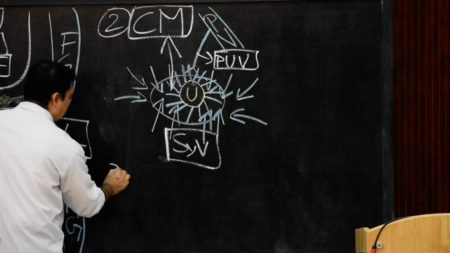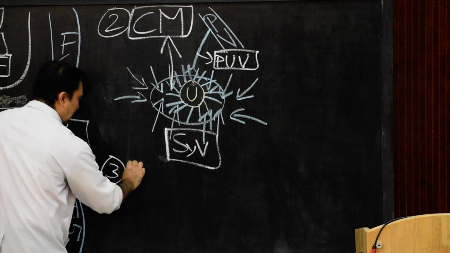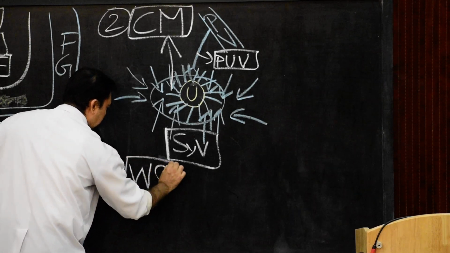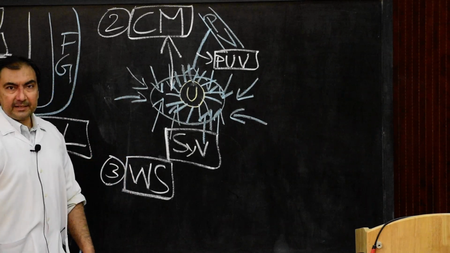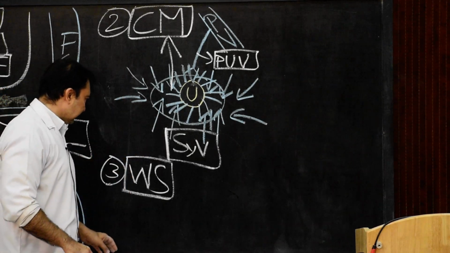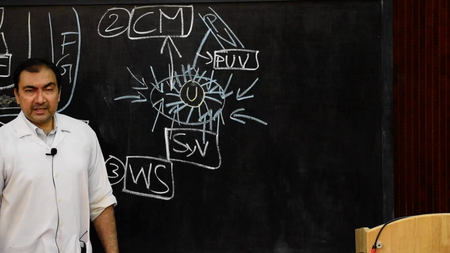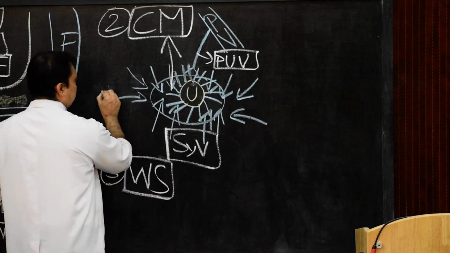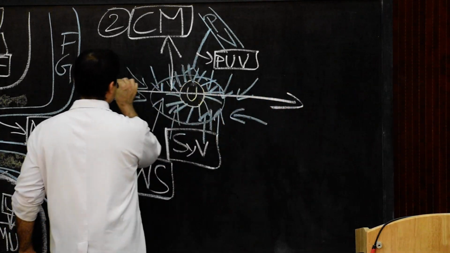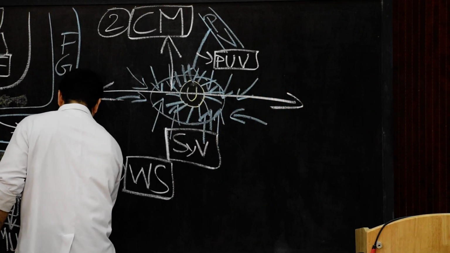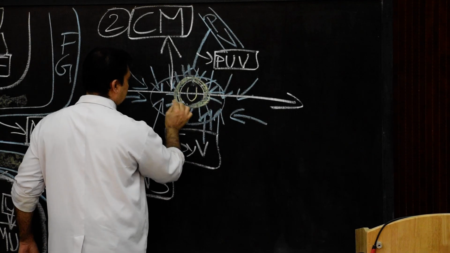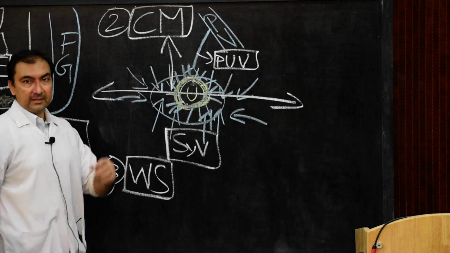Now the third important point of the umbilicus. Here we give it as the watershed line. What is the watershed line? Very simple to understand, very interesting. If I draw a horizontal line passing across the umbilicus, remember this is the umbilicus, and we are drawing a horizontal line across the umbilicus.